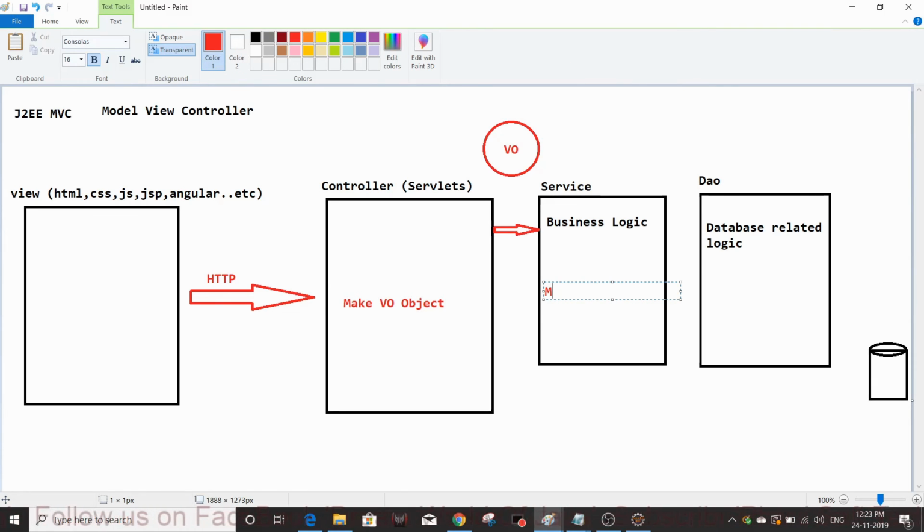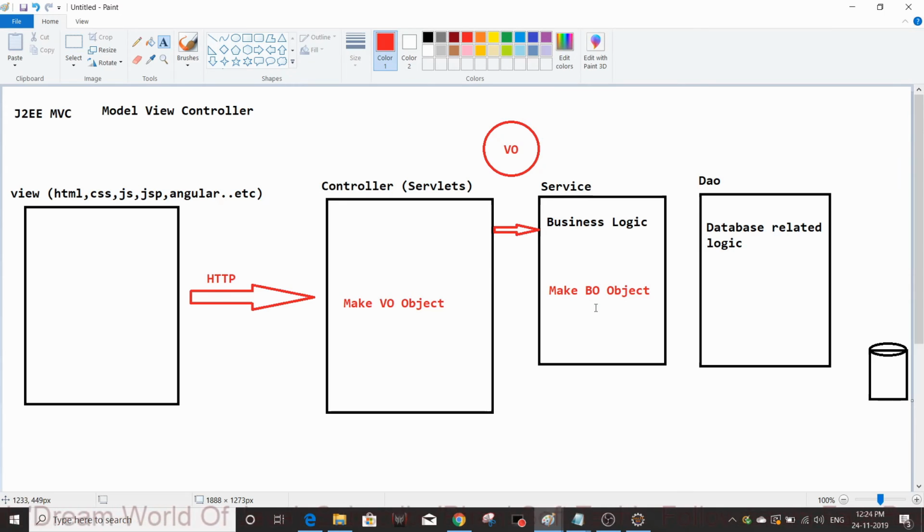So it makes a BO object. BO means business object. The business layer makes the BO object and sends it to the DAO layer. So this BO and VO are everything normal POJO classes only, used for data transferring only.